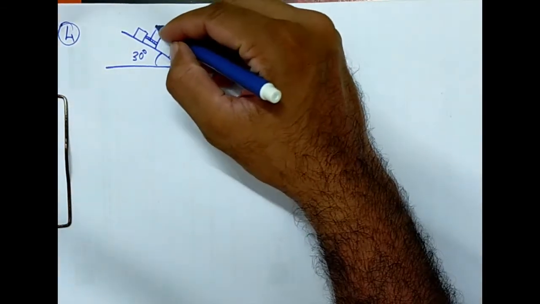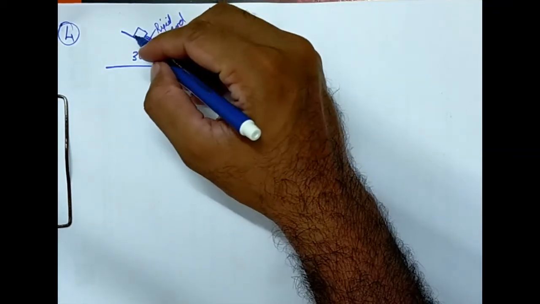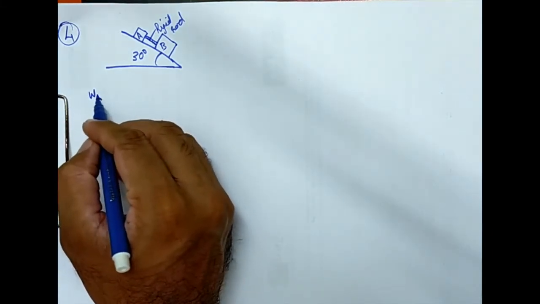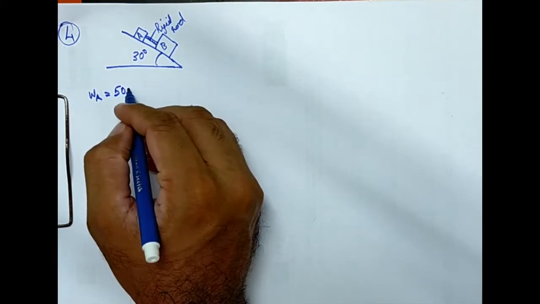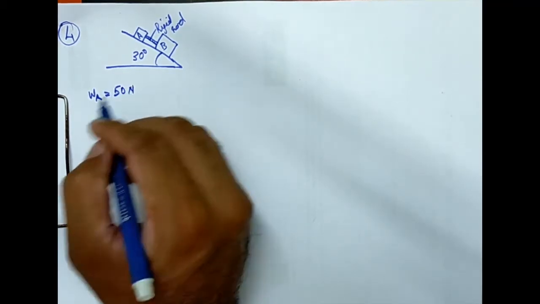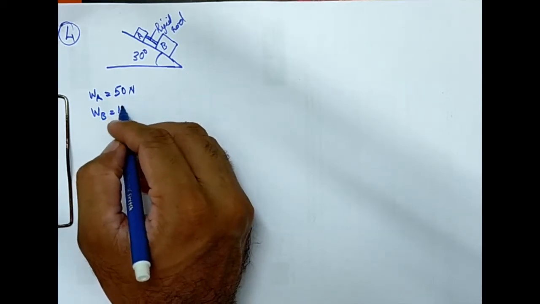And when we say a rigid rod, it basically means that that rod won't be undergoing any change in length. So this is the rigid rod. This is A and this is B. And the information that is available with us is the weight of block A, which is 50 Newton, weight of block B 100 Newton,